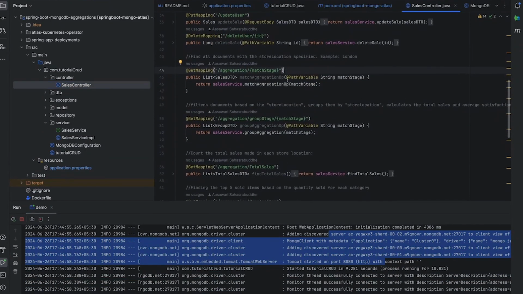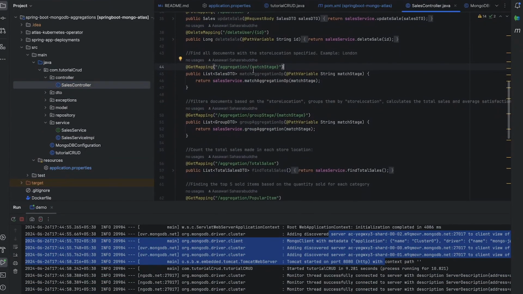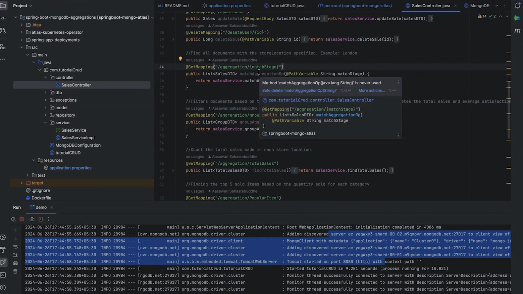The first REST API is to get all the documents where the store location is specified. If you go inside the sales collection of the sample supplies database, you see a store location field. If you want to filter the documents based on the store location, generally you do db.collectionname.aggregate and then match store location as London.